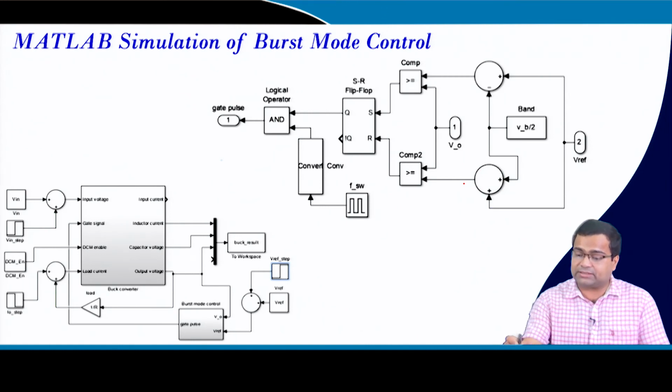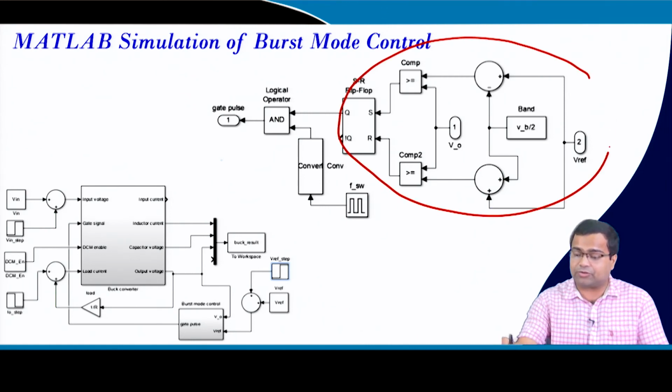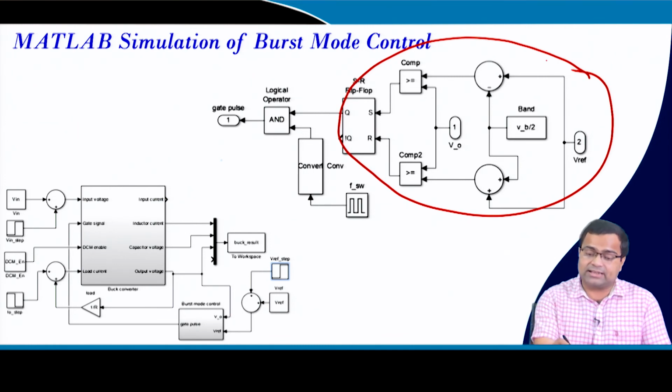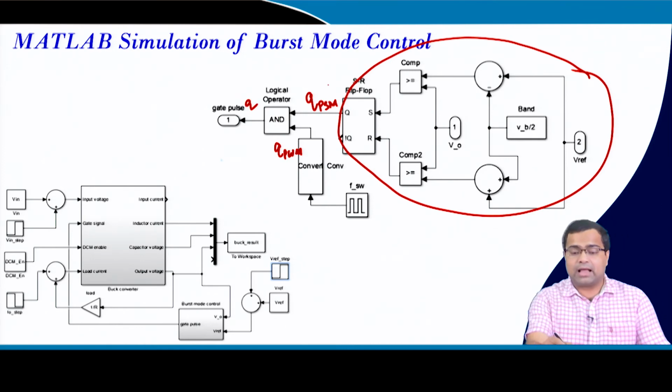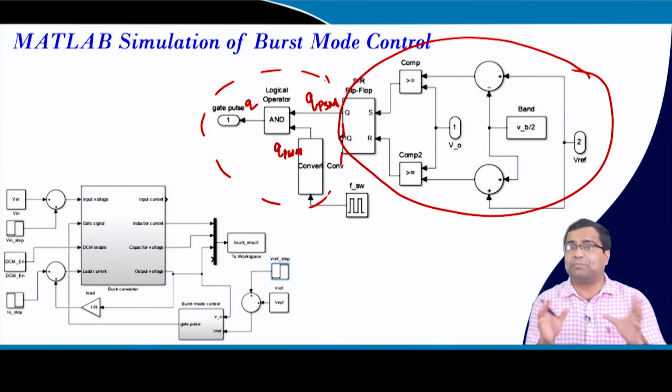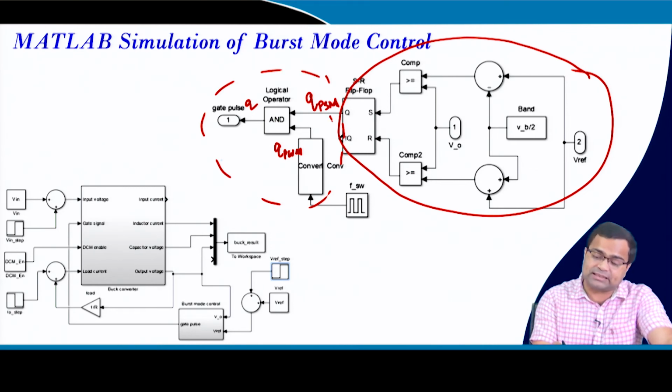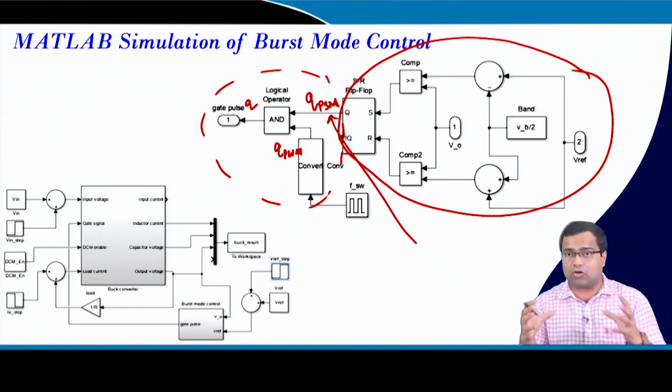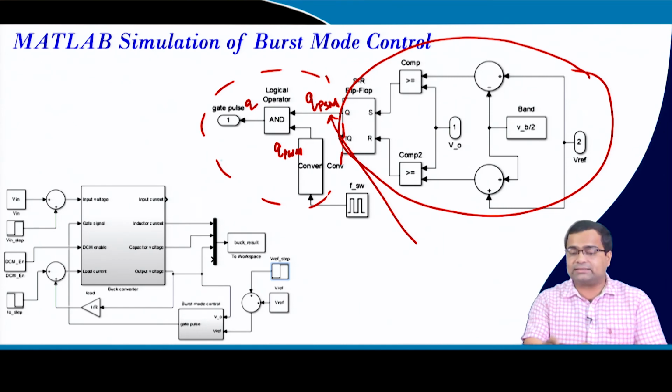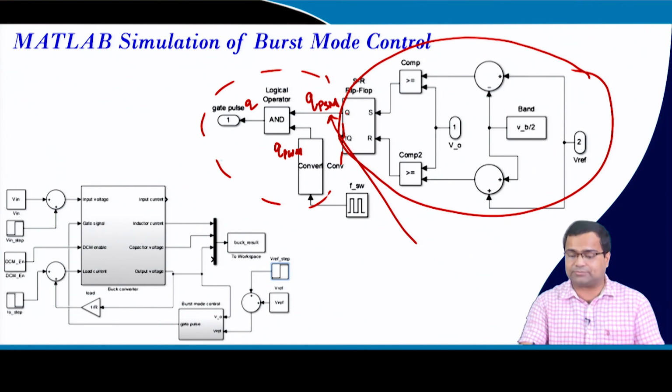The burst mode uses the same logic of a hysteretic controller, and the hysteretic controller will act like a QPSM logic. It is the same as earlier, and this is your QPWM logic, and this is Q. After this point it is identical to PSM, but in PSM the QPSM was generated in synchronism with the clock by putting a D latch and comparing V0 and Vref at every rising edge of the clock. Whereas in burst mode, this QPSM is generated by a hysteresis block. So this is an asynchronous block.